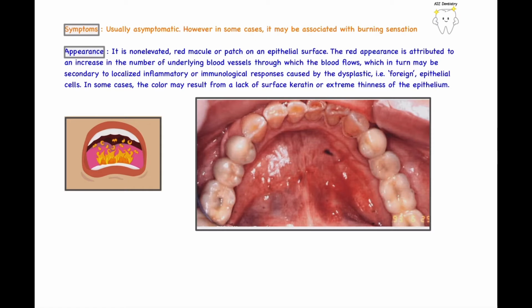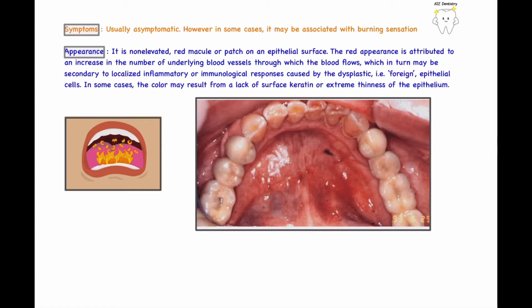We have already seen this part in the introduction of the video itself. Because of the engorgement of the capillaries in the connective tissue papillae, these capillaries will project right through it, and because of the thin layer of epithelium lining the mucosal surface, the color of the underlying connective tissue shows through the epithelial surface. Because of the presence of those engorged capillaries, the lesion essentially appears red in color.